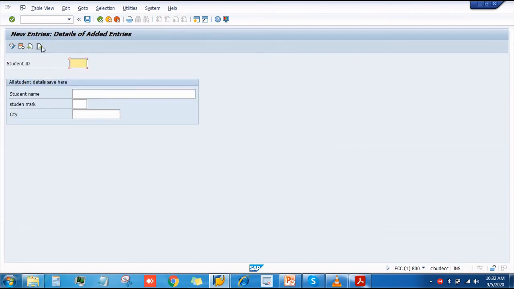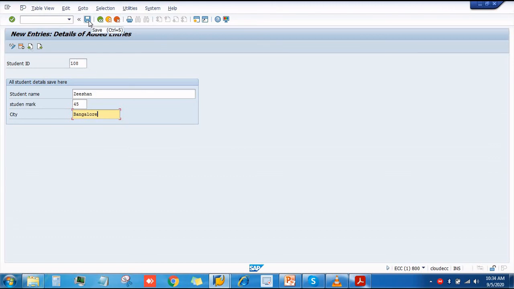See, now what difference we are getting. In one step we got student ID, student marks, student city, everything we have to input in the same screen. But now here we have to input in a different manner, like enter 108 and our student name, anything like Jishan, then mark 45, Bangalore. Now to input the next record, like 109.